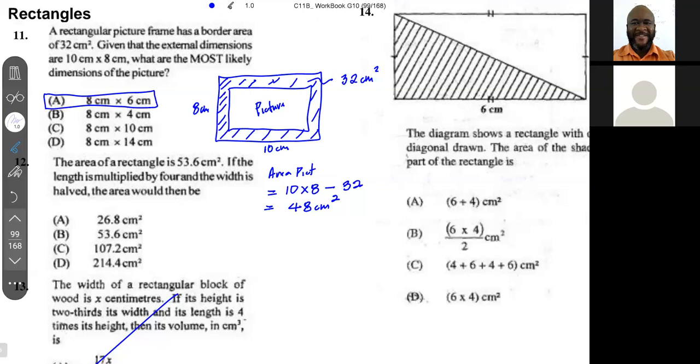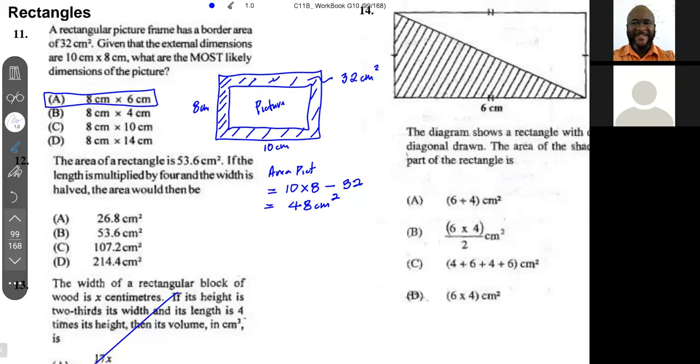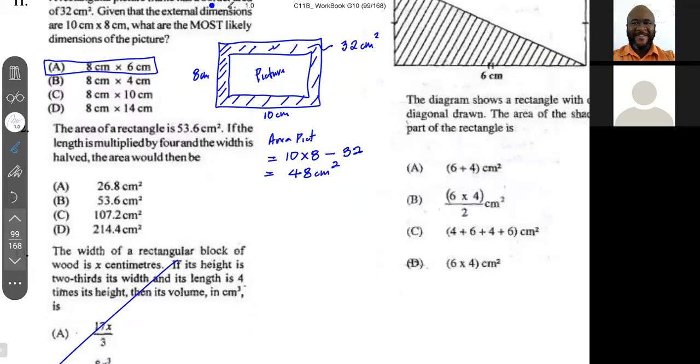Guys, number 12. Number 12 says the area of a rectangle is 53.6 centimeters square. If the length is multiplied by 4 and the width is half, the area would then be, all right, interesting little question. So the area of a rectangle, we multiply the length by the width of this rectangle, and we get the area, which is 53.6 centimeters